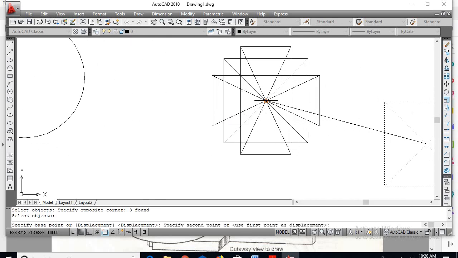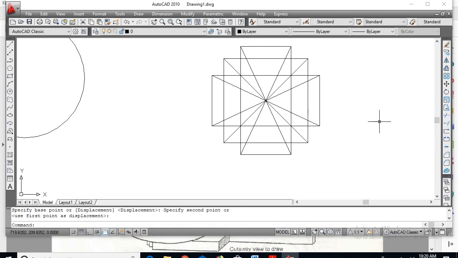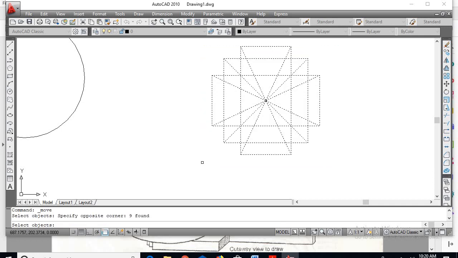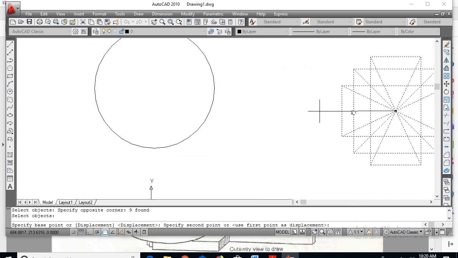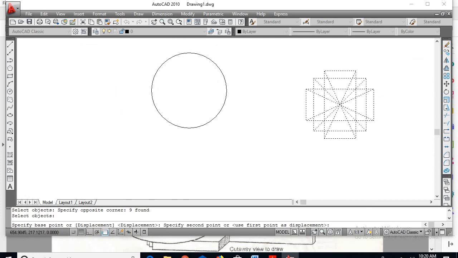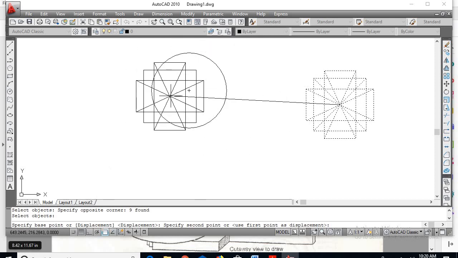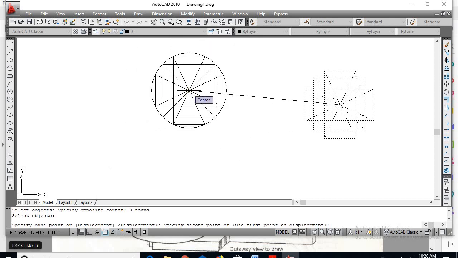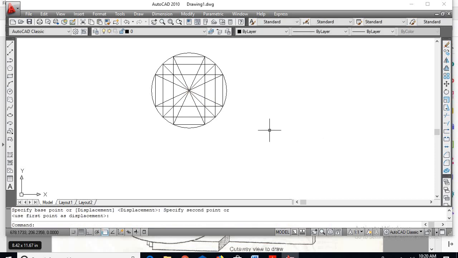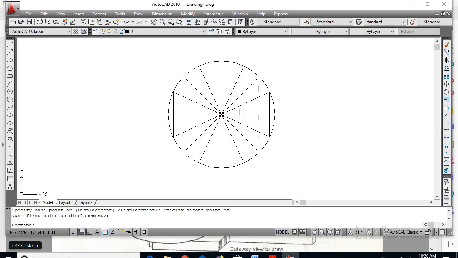Insert exactly at the midpoint. Now go for move command, select the full picture, enter, take the midpoint and place exactly inside the circle. Click here. Now select all the diagonal lines,